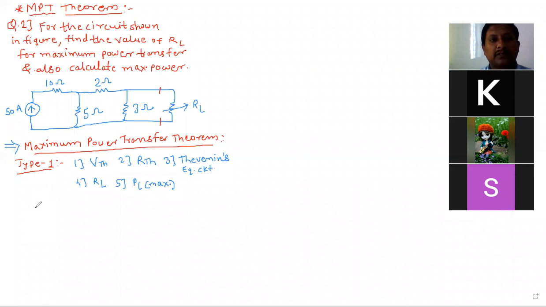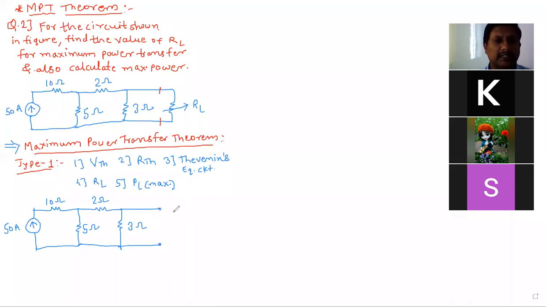According to the first step of Thevenin's theorem, we have to identify the two terminals with respect to which we are going to find Thevenin's equivalent circuit. So 50 ampere, this is 10 ohm. This step you can avoid, because unnecessarily it will take minimum 15 seconds. You can directly start to calculate VTH. That is also okay. This is for understanding purpose. This is A, this is B. So I have removed the load resistor.